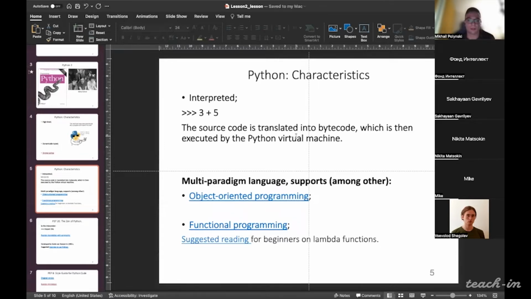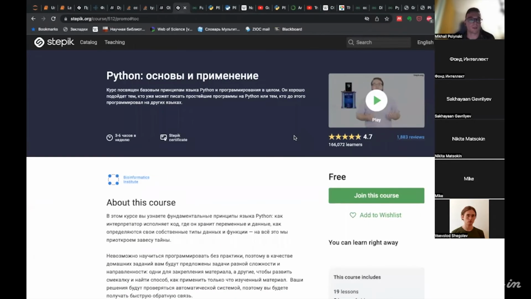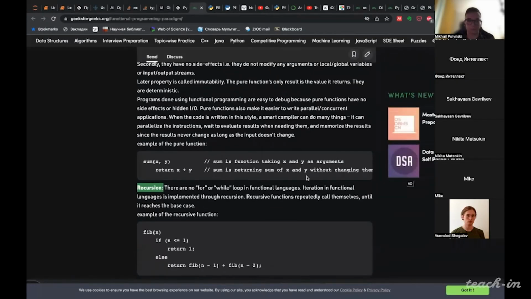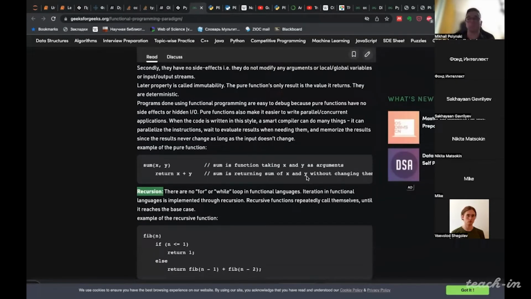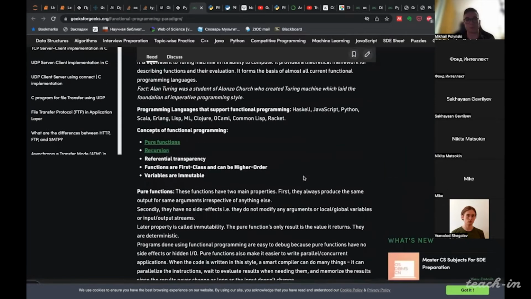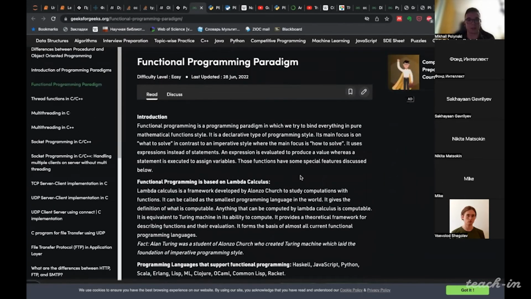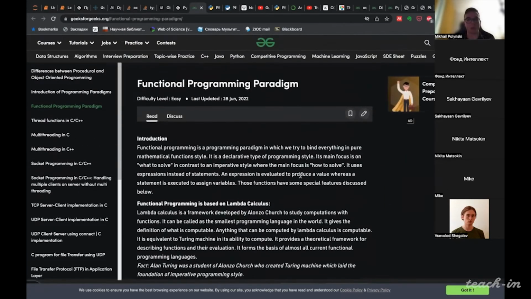Also, I've mentioned the functional programming paradigm, and this paradigm is more, I would say, intrinsically familiar to students who study STEM fields.